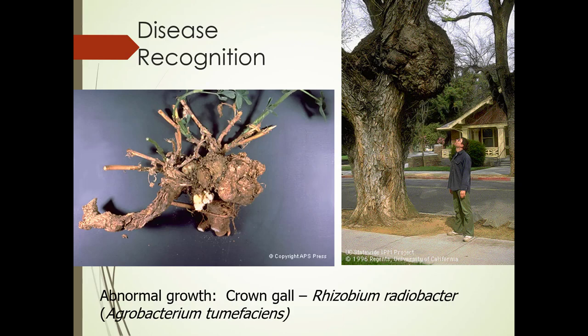So on the left, here's a smaller crown gall, but you see on the right, there's actually a very large crown gall, and it's not at the base of the plant. So you would have this analyzed by a lab, obviously, to determine what the problem is, but I would say that that plant needs to come out. I've got to think anything growing above that gall is hazardous.